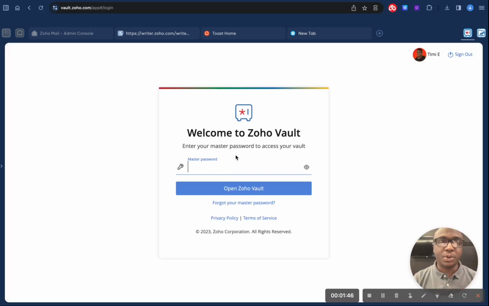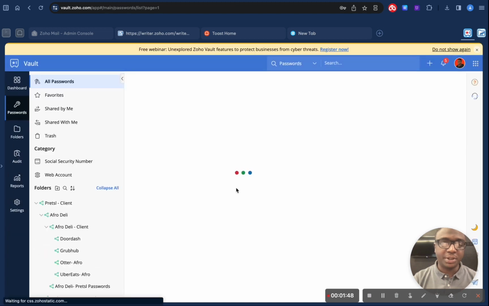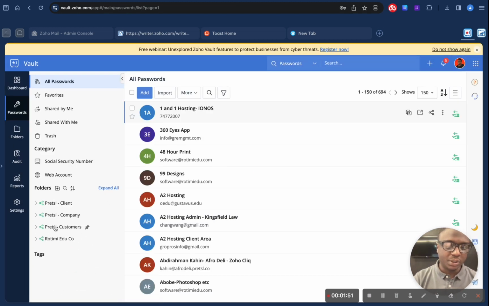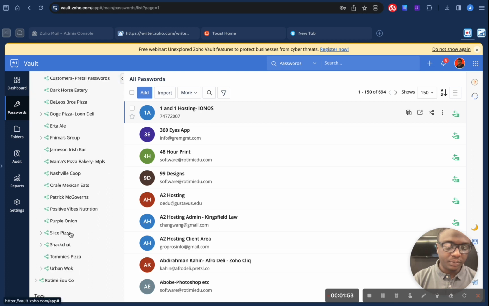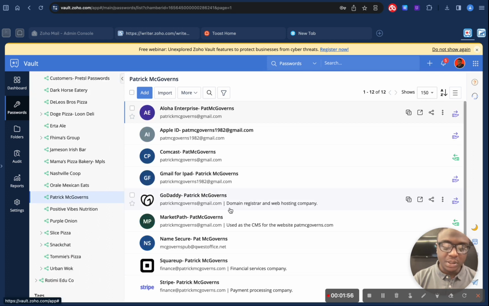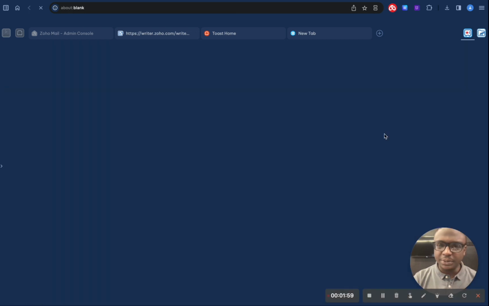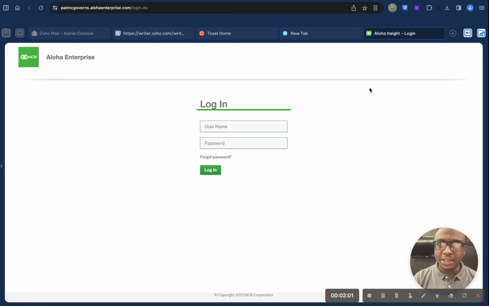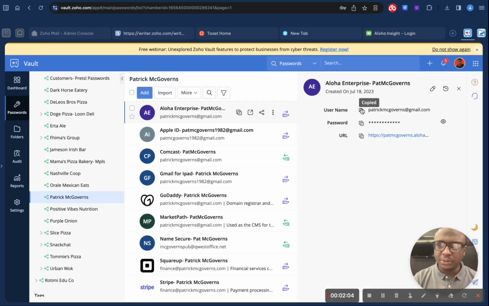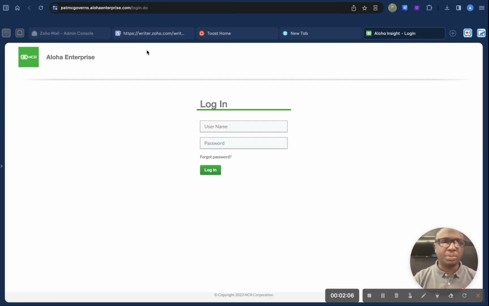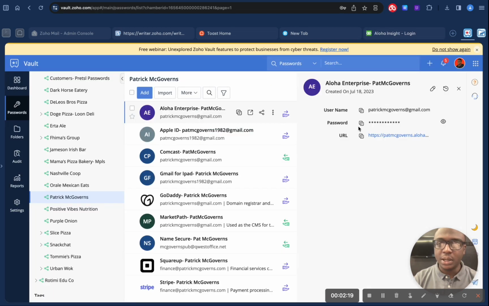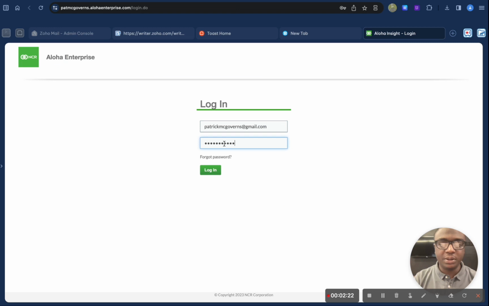Now, for the restaurant in question here, which is Patrick McGovern's, I'm going to log in to their Aloha Enterprise account, and their Aloha Enterprise is patmcgoverns.alohaenterprise.com. So it's usually your restaurant name.alohaenterprise.com or whatever it was set up as when you signed up to Aloha. And so when we log in here,